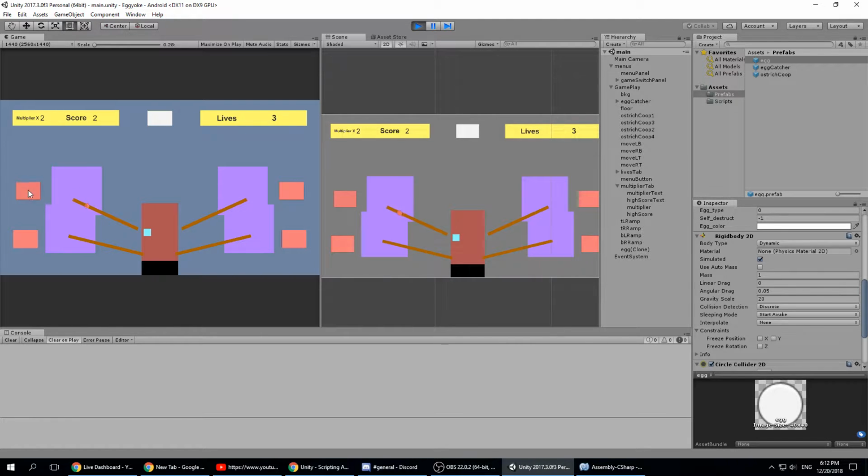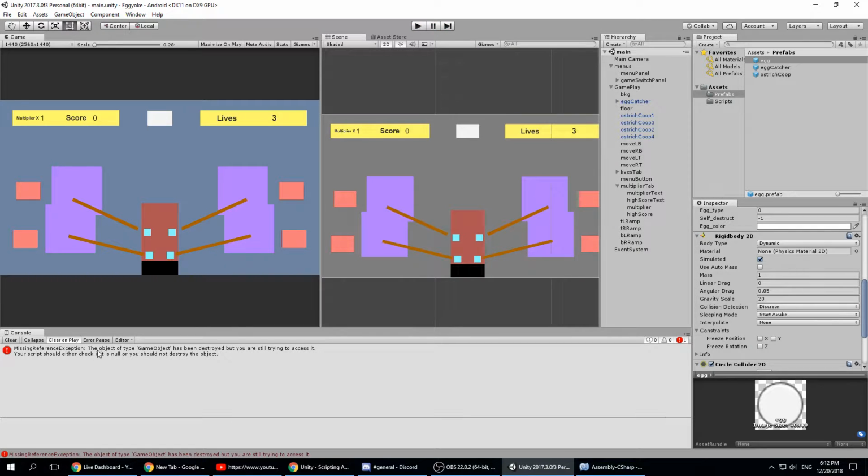What actually happens? Okay, so this resets my multiplier, and each time the multiplier is reset, then it adjusts the... yeah, it adjusts. Wait a second. Whoa. Okay. The object has been destroyed, but you are still trying to access it. Your script should either check if it is not null or... okay. Right, so what happens is, I'm guessing,